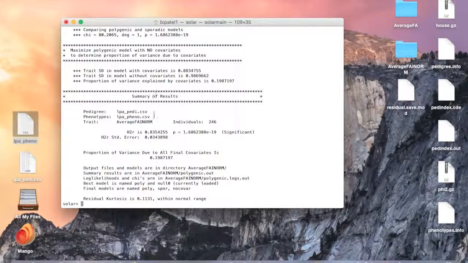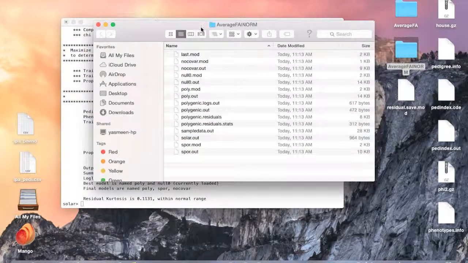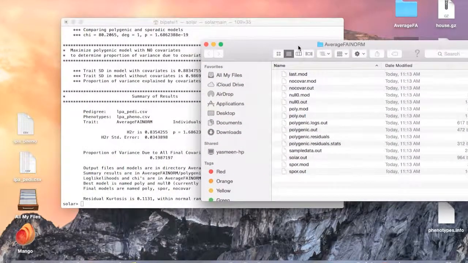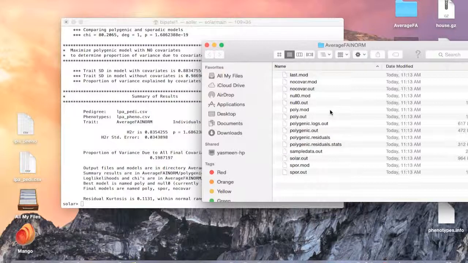Now, in addition to this output and heritability value and p-value that you get, a directory is named after the trait. So average FAI norm. There was one named before you normalized it, but this is more helpful. So with average FAI norm, it contains many files, some of which may actually be of use to you. It contains both .mod and .out files. The .mod files contain model parameters. For instance, the